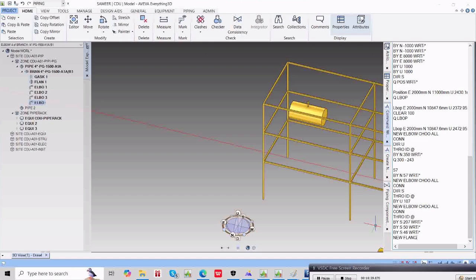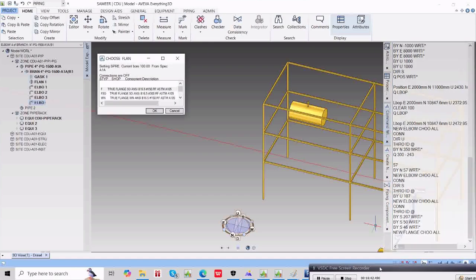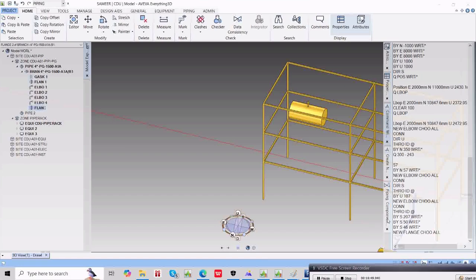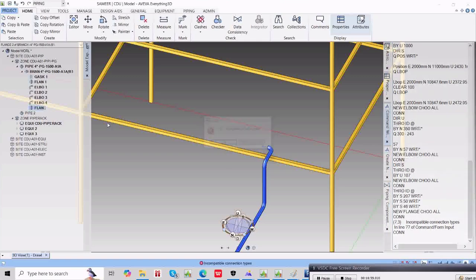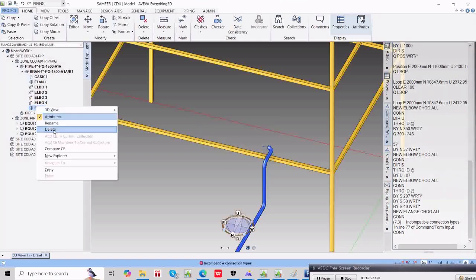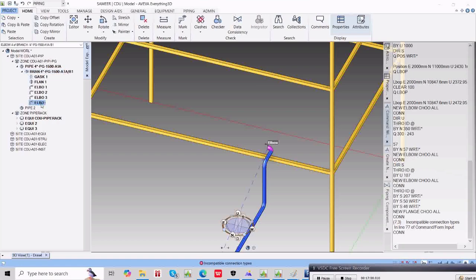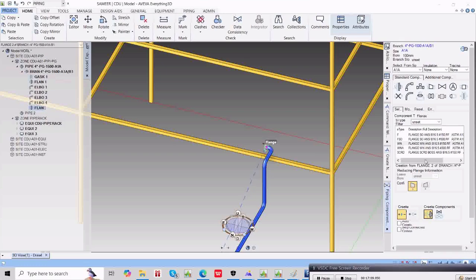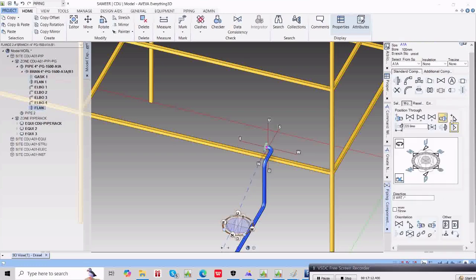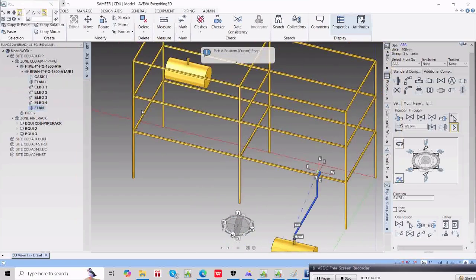New flange, choose all. Suppose you are going to cancel this one. What happened? Is any flange created or what? Oh, sorry, delete. I just deleted this one. Click on the elbow, go to the piping component form, click on the flange weld neck, and then click on create, and after that go to modify, then through ID cursor, and then click on this